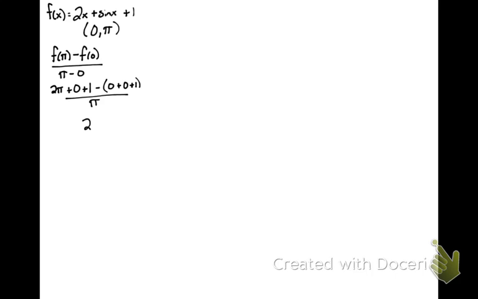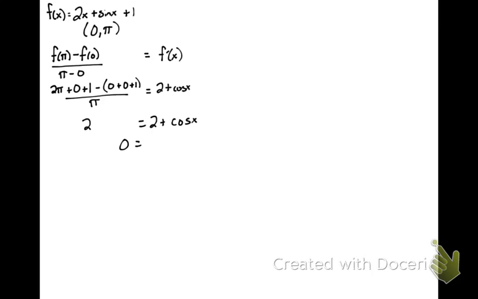And we'd like to know when is the derivative of this function equal to 2. So f prime of x, the derivative, is 2 plus the cosine of x, and we want to know when that equals 2. Well, that will equal 2